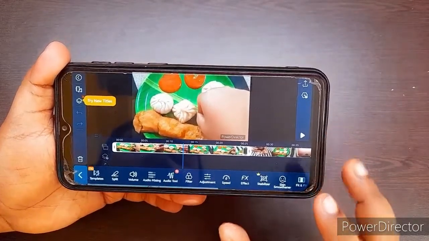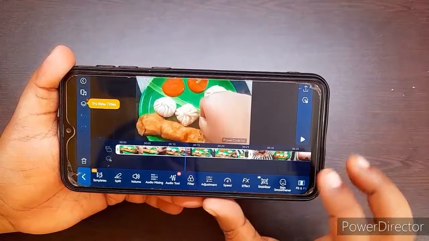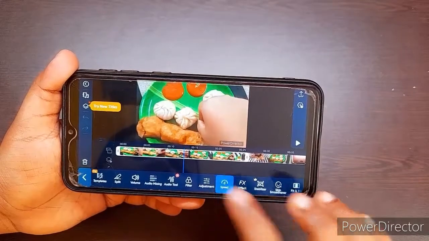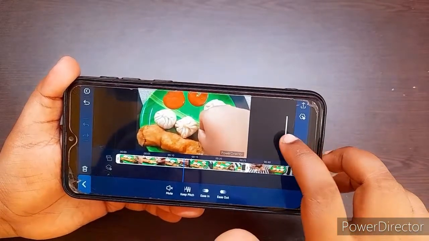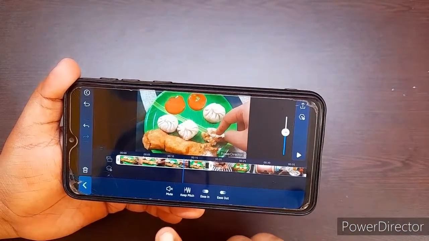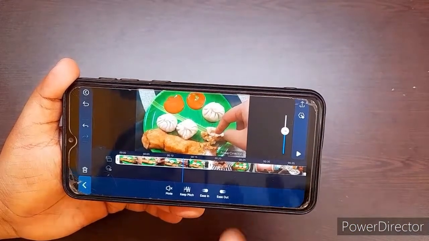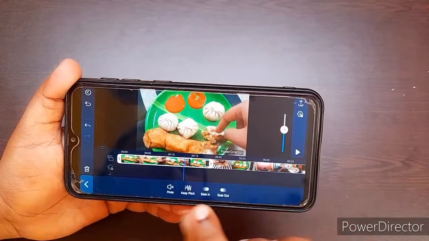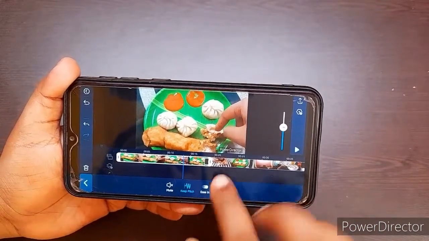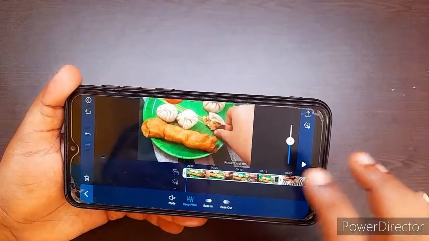Like if you want to change the speed of this video, just click on this speed button and just increase the speed like this. And if you do not want to change the voice, then just click on this one, keep speech. See, now I am just starting the video.